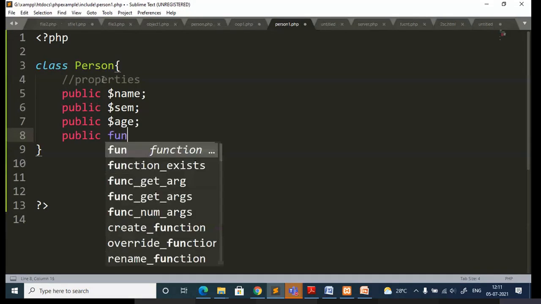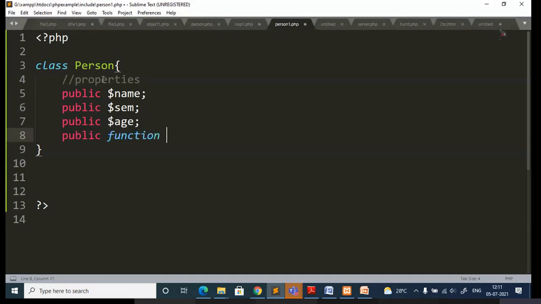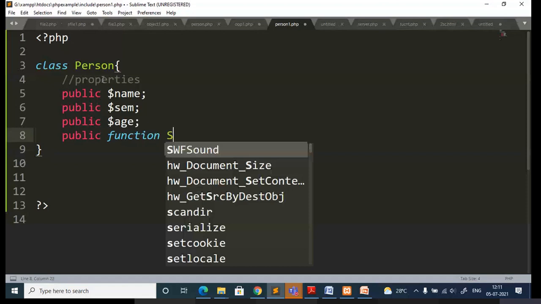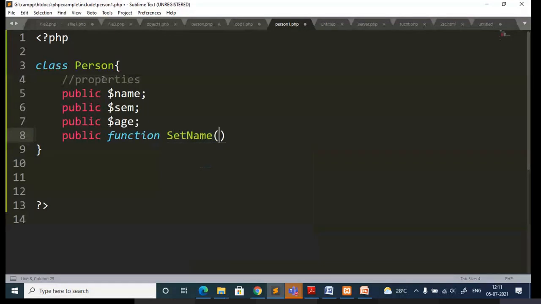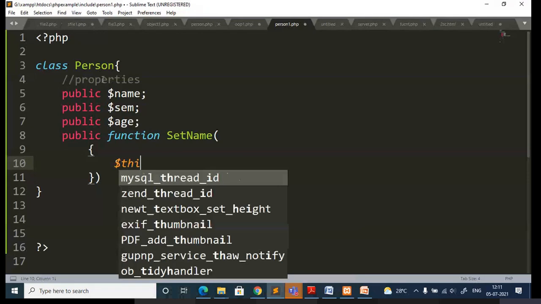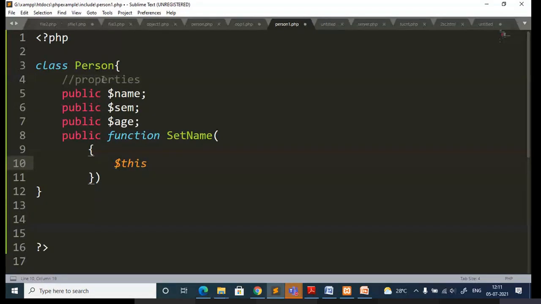You need to specify the keyword function followed by the name of the function. These are all user defined functions. Okay, here I'm using this, which indicates this particular class.